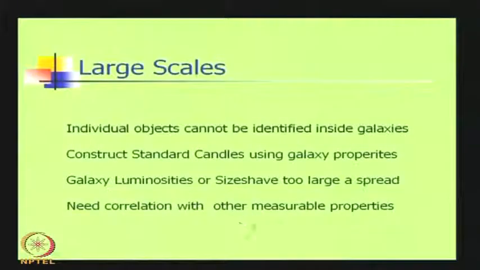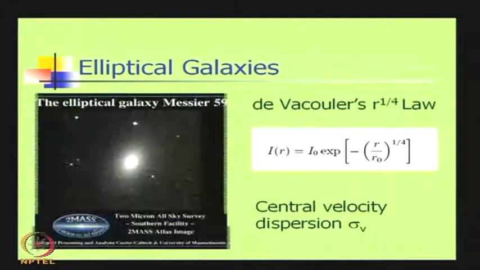So, one has to look for other means of determining the luminosity of the galaxy, and the basic idea is that one has to look at correlations between the luminosity and other measurable properties of the galaxy. You cannot measure the luminosity, but there are other quantities which you can directly measure, or you cannot measure the length of a galaxy, but there are other quantities which you can measure, and if you can correlate the length to those, then you can get standard candles and rulers.